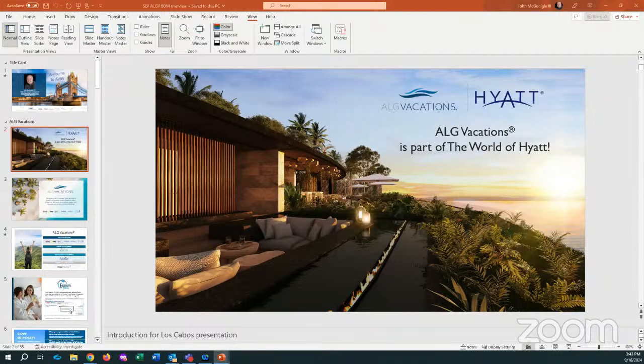That's all a Procter and Gamble product, but it's all toothpaste. Same here with ALG Vacations, all different brands. It's still travel. So think of the brands as the beach chairs on the beach. ALG Vacations is that thatched umbrella above those brands, and the palm tree up above it is Hyatt. So that's how we all work together.